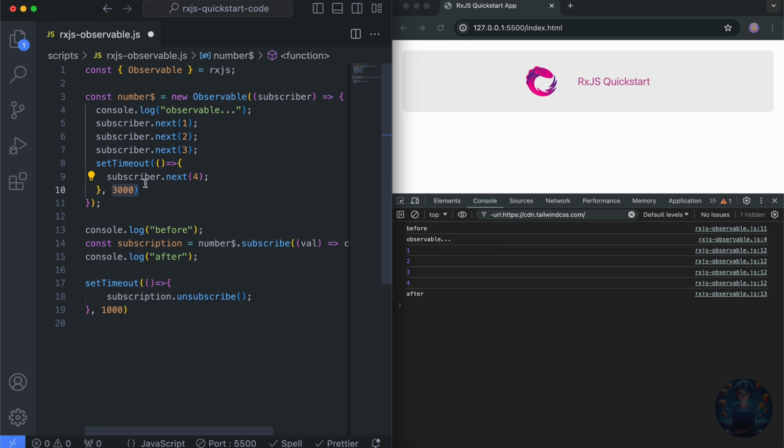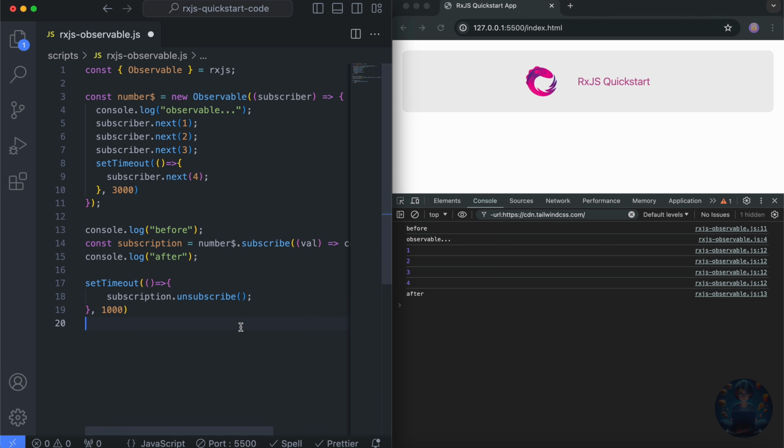But within this 3 seconds, what we have done is here subscription.unsubscribe will be called after 1 second, right? So if unsubscribe is called, which means that the observer no longer needs the emitted value. And since there are no other observers attached to this observable, this value will never be emitted. Okay. So we should not see the 4 being logged here, right? Let's check it out.